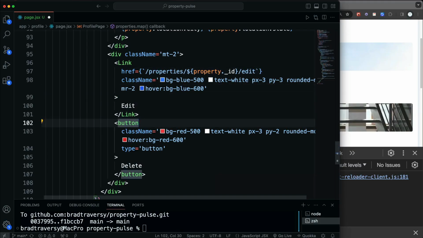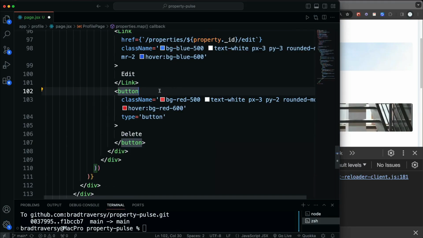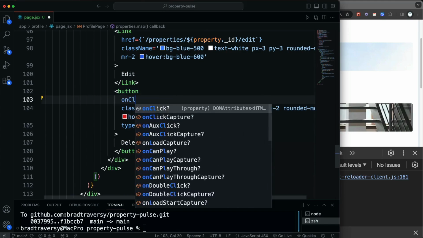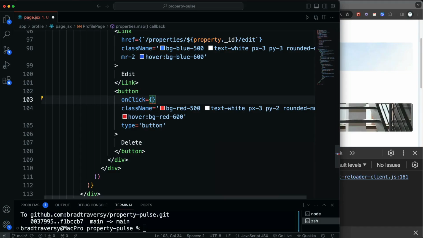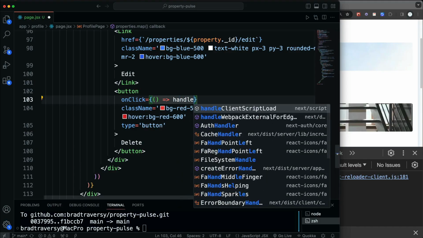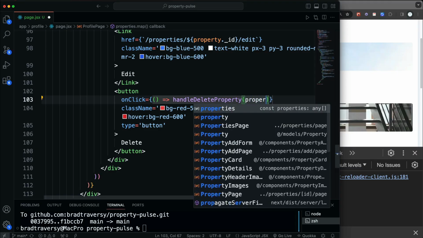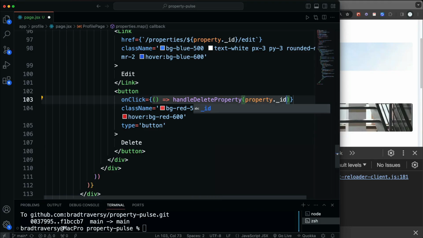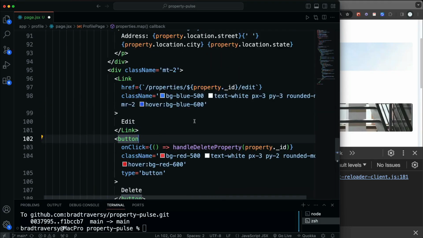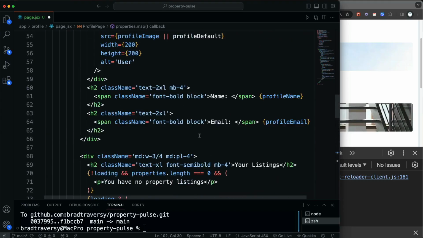And then let's see, down here we have the delete button. So let's create an on-click handler and set that to a function that calls handle delete property, and pass in the property._ID, which right now I'm not going to do the delete functionality, but we do want to at least create